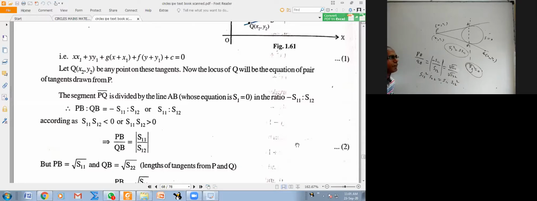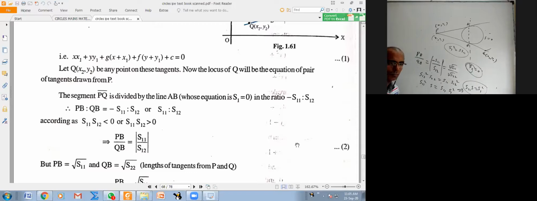Now, what is it that I have to find? I have to find the locus of Q. (X2, Y2) can be here, here, everywhere. So when you want the locus, remove the 2 and write X, Y in place of X2, Y2. So this will become S, this is S11 square, this is S1 square because the 2 is gone. Now if we cancel one S11, you get S11 into S is equal to S1 square.